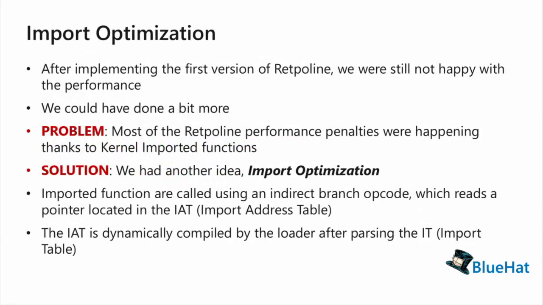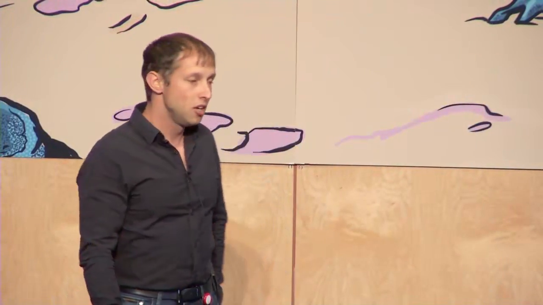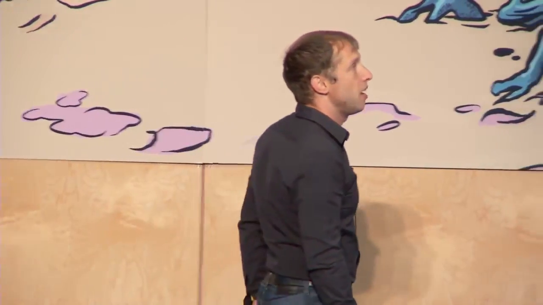Okay, one important thing to say here is that after we implemented the first Retpoline, we were still not happy about the performance, because we thought we could do more. So we analyzed the problem, and the problem resides especially in the imported functions, meaning that we were losing some time when the driver was calling an imported function. So we thought about this a bit, and we found out that after the import address table has been populated by the loader,